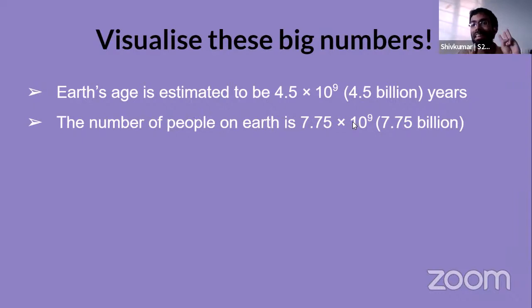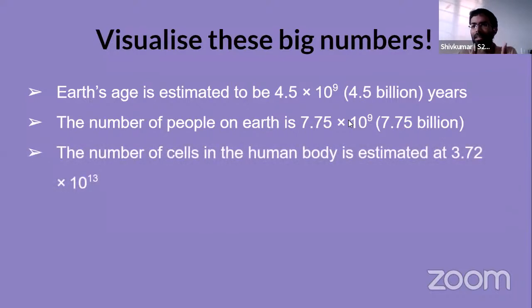So we can count only till 3 billion at this speed, right? So just imagine if you have a super bike, okay, and your objective is to see all the human faces. Do you think it will be possible in your lifetime to see all the human faces? Just think about it. And this number can be written in such a succinct, compact way, right?